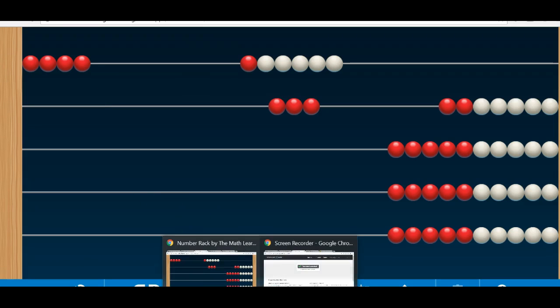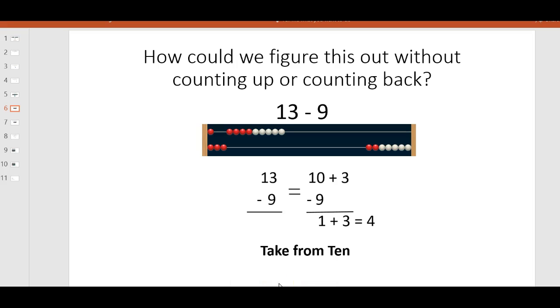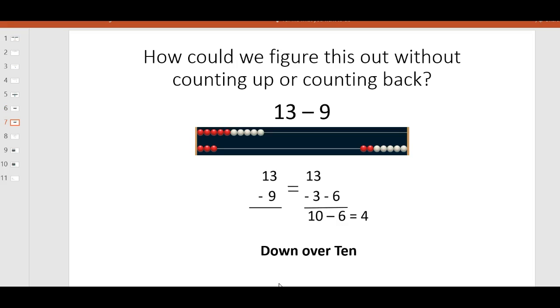So this strategy is a second strategy that we've learned from a number of other countries. They seem to teach very explicitly the take from 10 strategy as well as this down over 10 strategy. So in this case,